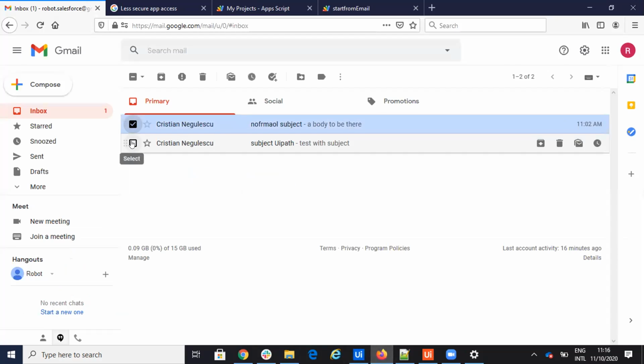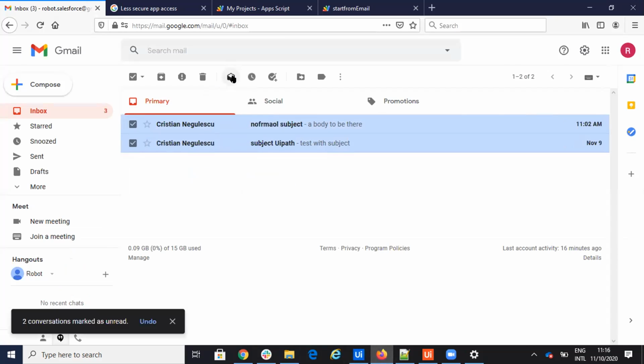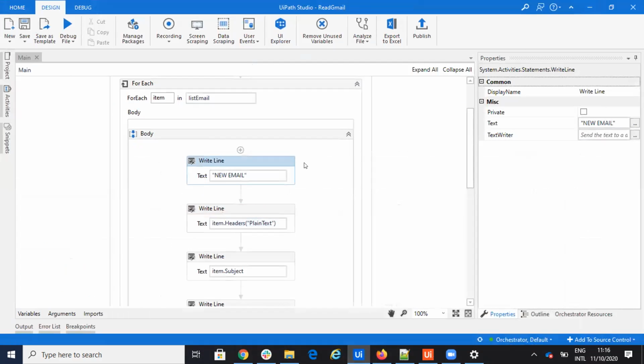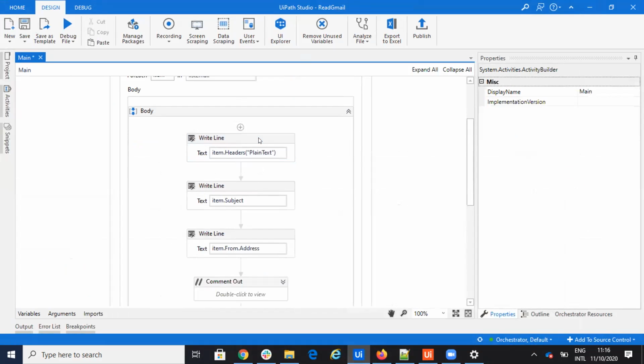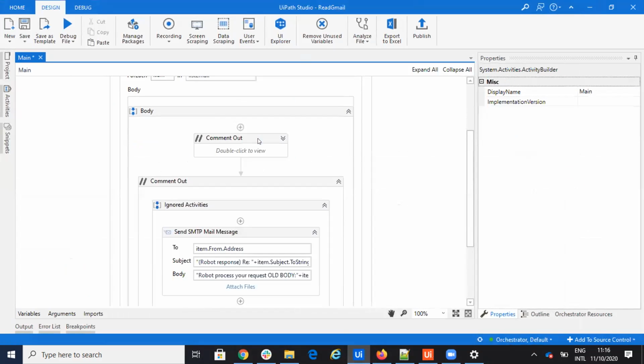Good, I will mark this unread because I will use it on the, so this is the way how I read the subject, the from and so on, yeah? Good, now let's send an email. So if I want to send an email,